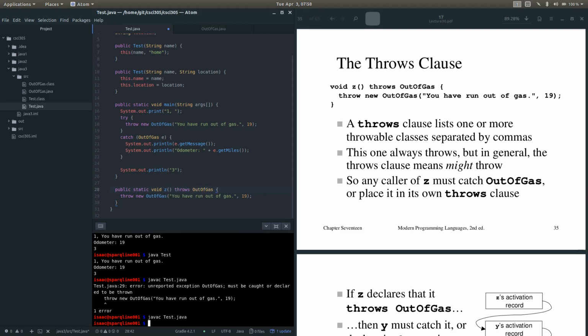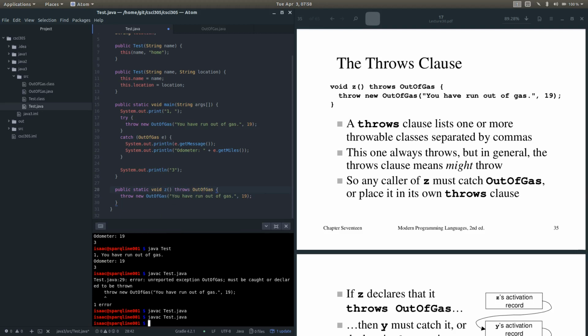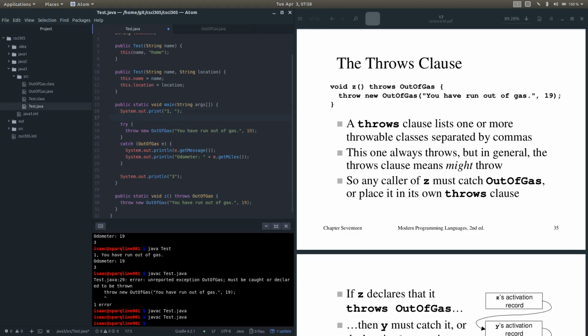And so now our code will compile, right? It compiles, and doesn't give us the same error that we had, an unreported exception. But now this is going to cause us to have to throw that into a try. So if we just call Z here